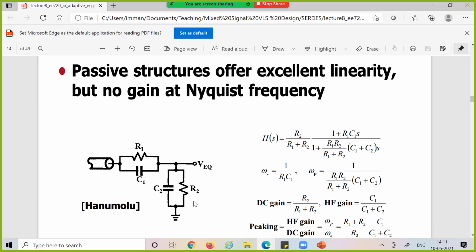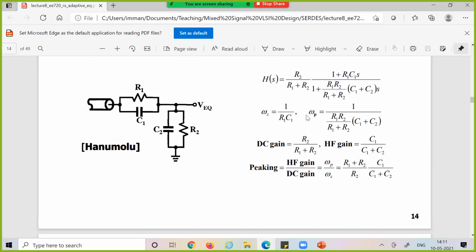It is going to be this impedance divided by Z1 plus Z2, right? So if this is Z1 and this is Z2, if you substitute and compute the transfer function, it turns out to be something like this. Now, the interesting feature of this transfer function is that it has a certain DC gain. If you set S equal to 0, this term vanishes, this term vanishes, and you basically have only R2 by R1 plus R2. So you have a DC gain which is less than 1. So it is a fraction in a passive implementation.